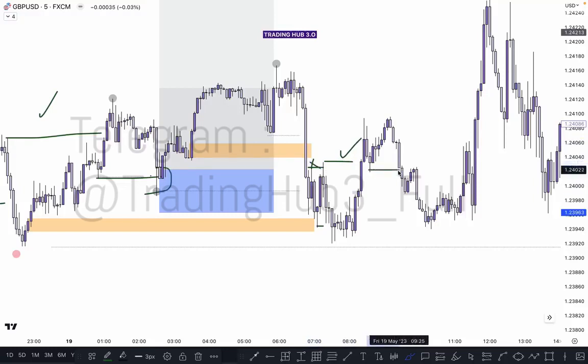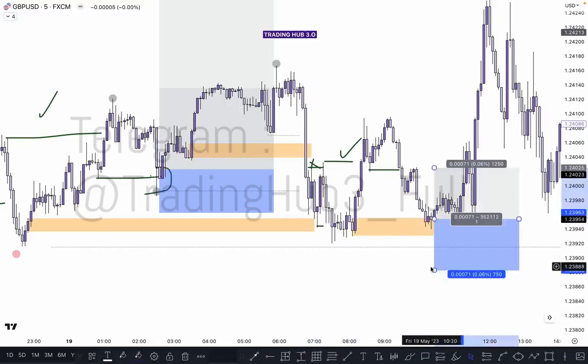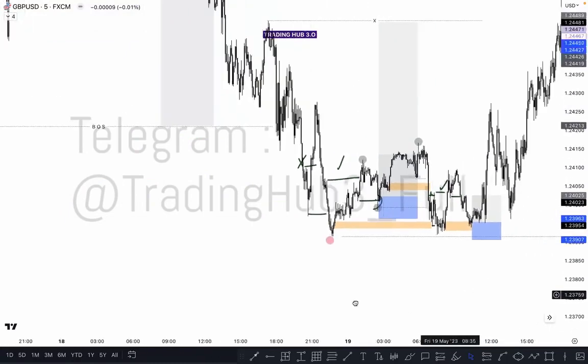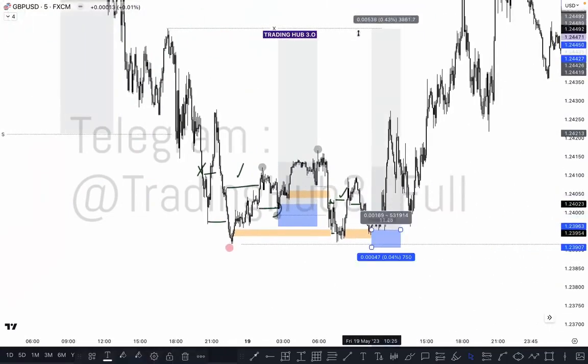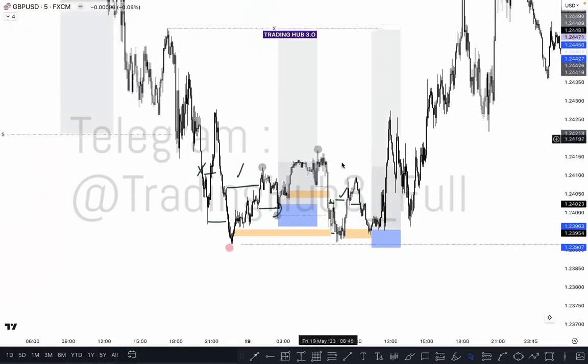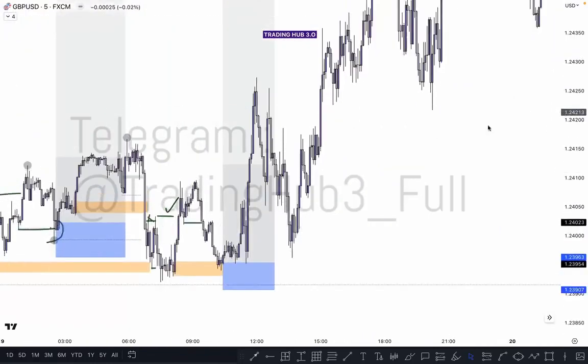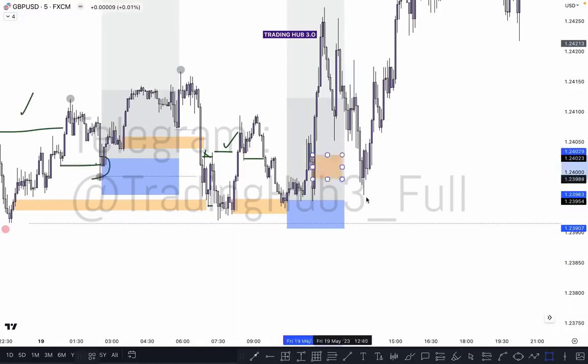Same thing happening here. Taken out the inducement and mitigate your unmitigated order block here, and you can again buy here. When you understand these things, then you can trade anywhere, in a bullish market, bearish market, everywhere. Similar thing happening here. Look at this very carefully. This one is a target. And same thing again, buying here, this one also becomes a valid, like previous structure, minus structure sweep here